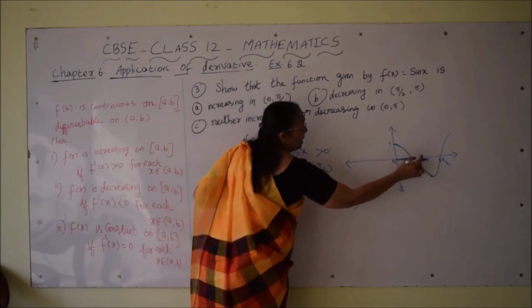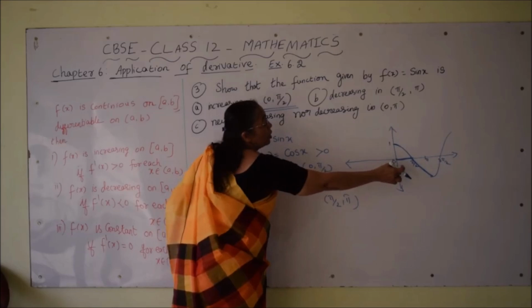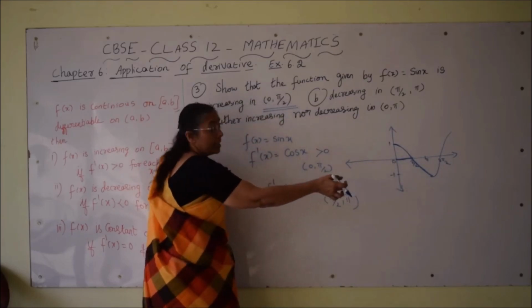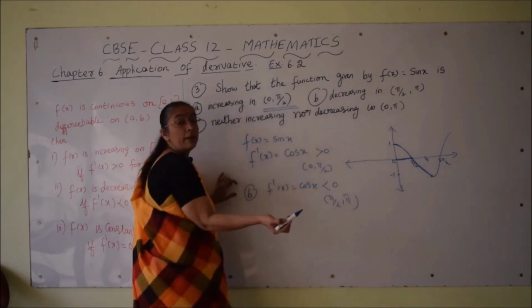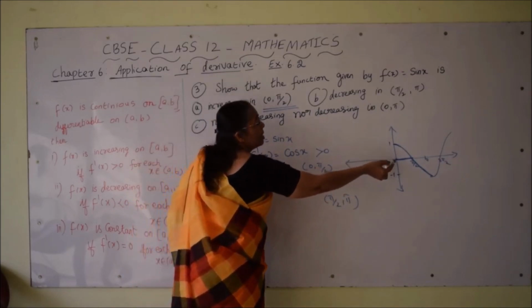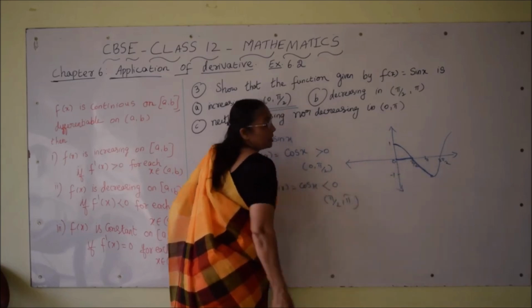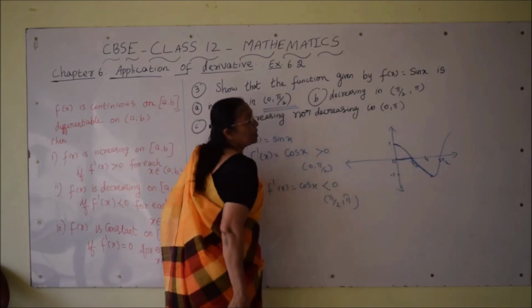It is from pi by 2 to pi. So, in this interval the curve is in the fourth quadrant, all these values, its maximum value is -1 and other values are between 0 to -1. So, it is nothing but you will have minus root 3 by 2 for the cos 30 and again minus 1 by root 2 for cos 45 here, it is 90 plus 30, right. So, all the values are negative here you will get.